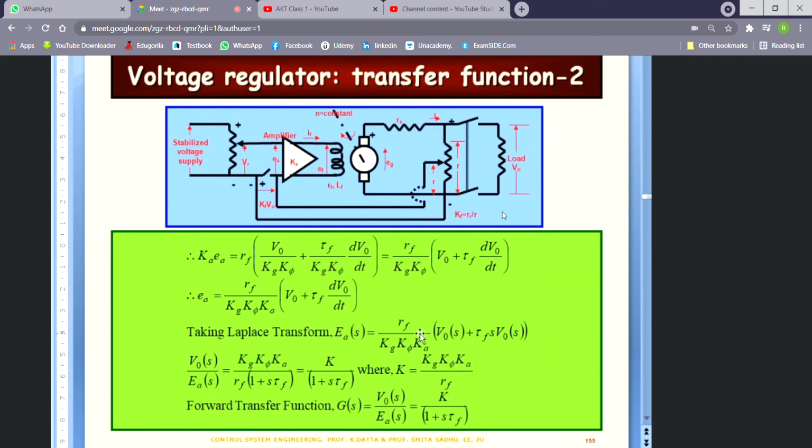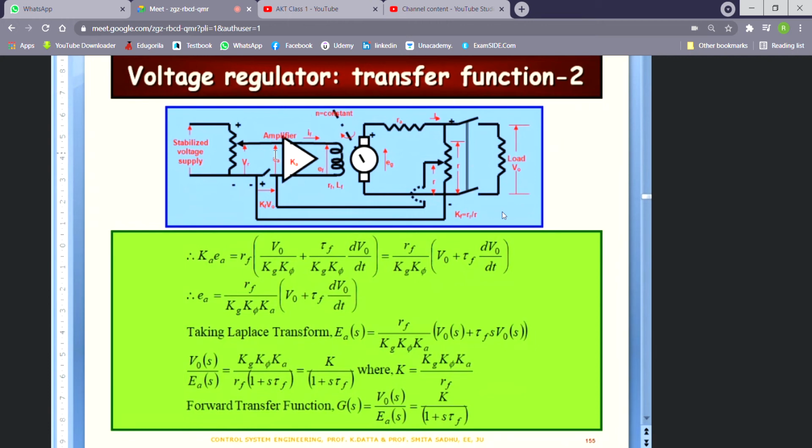Constants, of course, are remaining the same. So if we consider now, this is the output voltage. Let me reframe my sentence. We have applied a voltage VR, that is the reference voltage over here, and we have a voltage EO at the output side. There is a feedback which is equal to KFVO. Now, the rest of the things, that is from this EA up to the VO side, is whatever we have in the forward path.